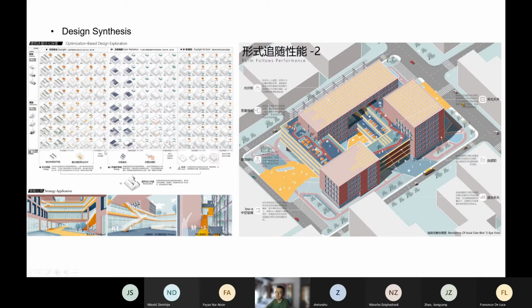But they find that the design in the optimization result has a very strong tendency, as just mentioned above, and the designs are maybe not very architecturally interesting. So they use a multi-objective optimization to combine the two objectives, and